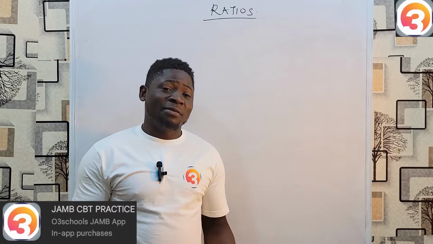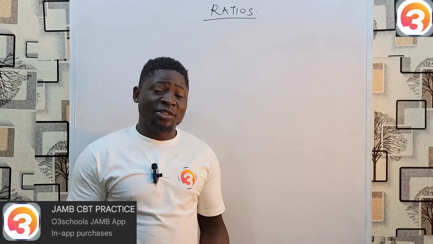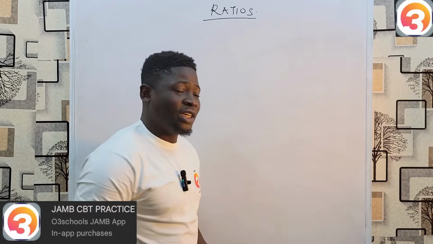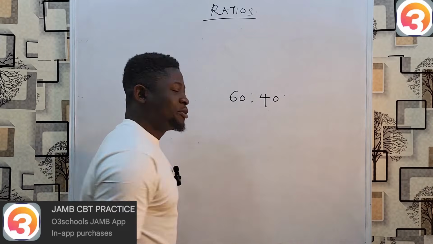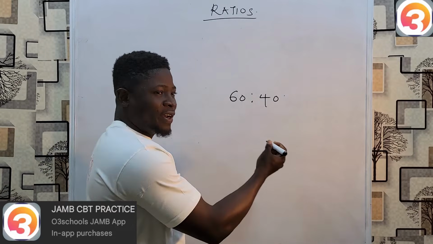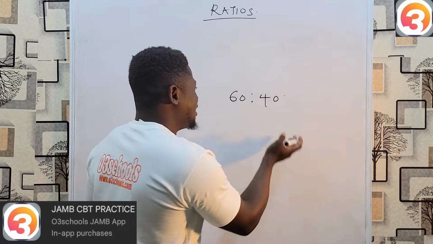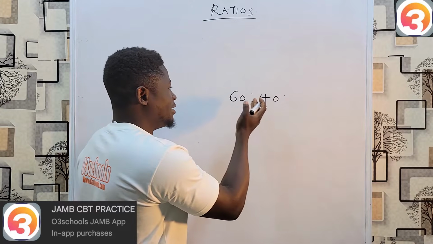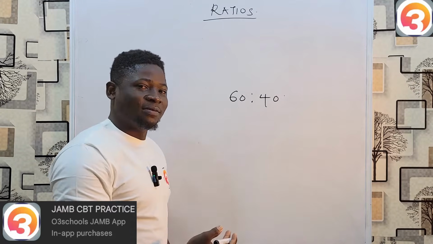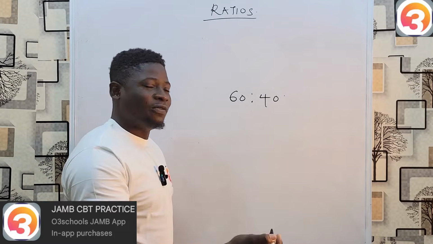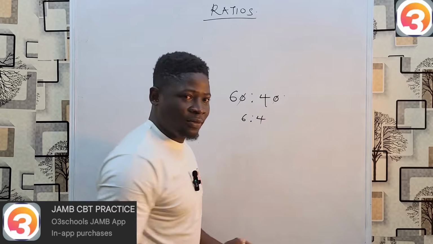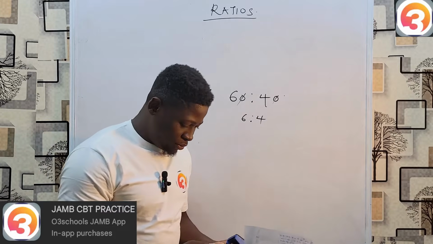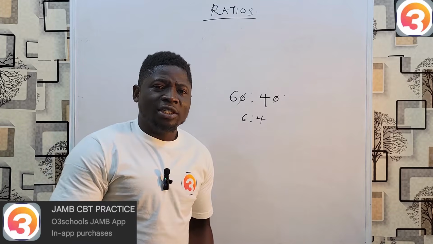You might have said, for example, that in a business transaction that you did with your friend, you are going to share the profit 60-40. This means you are taking 60, your friend is taking 40, or you are taking 40, your friend is taking 60. So in ratio form it is 60:40, or you can cancel the zero, so 6:4. You can further reduce this to 3:2. But irrespective, it just shows